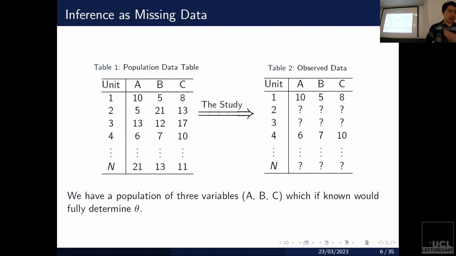So let's look at a diagrammatical illustration of this. Suppose we had a finite population. This is a little bit easier to envision. So instead of infinity, we have some big capital N. You carry out a study, which is essentially just going to draw a random sample. So here we've drawn a sample of size 2. And suppose our parameter of interest is something that depends on the entire column A, or some function of the columns A, B, and C, such as the average of A, or some nonlinear combination of these two things, averaged over the population.